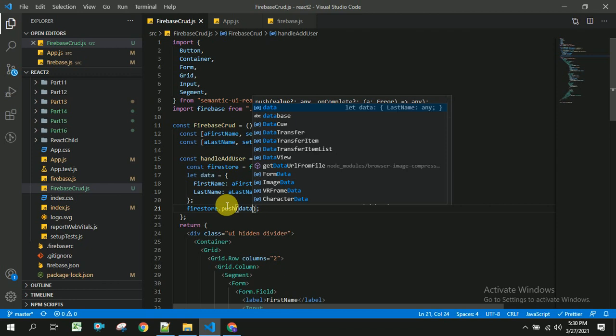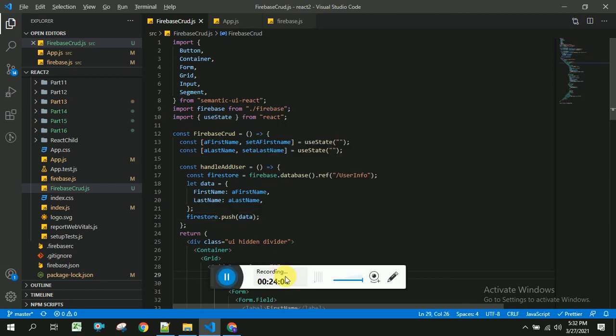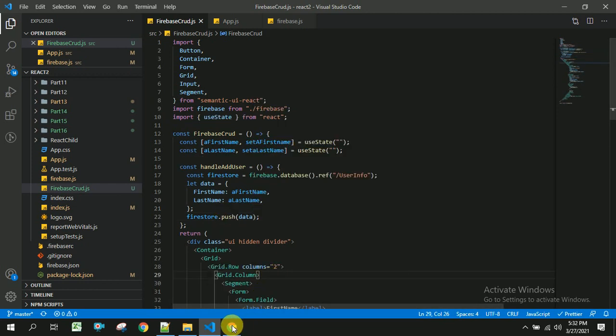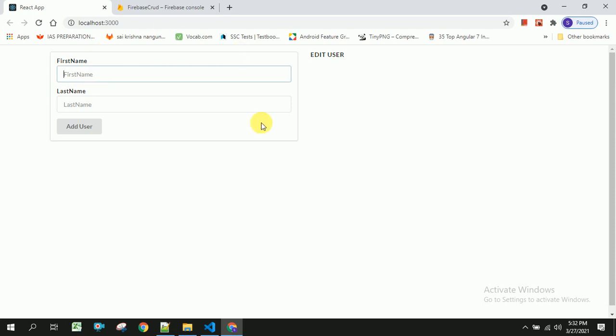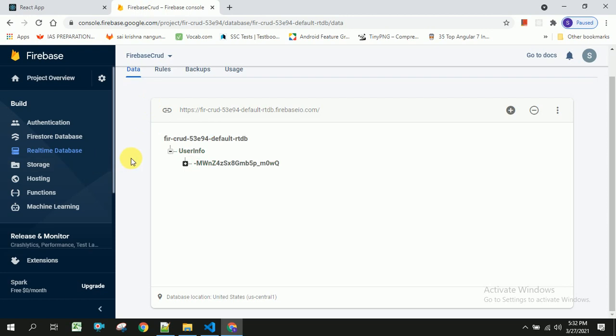So let us save this and check whether it's able to push the data or not. Let us head back to our browser. You should be able to see this form, and in the first name I am going to enter Sai Krishna, and here I am going to enter technical, and if I click on add user, you should be able to send the data to Firebase. Inside Firebase you have to open the real-time database, and you will be able to see the user info object.